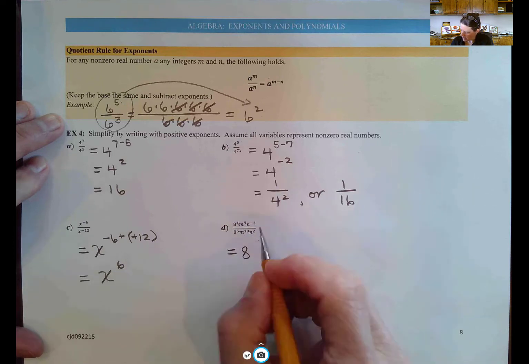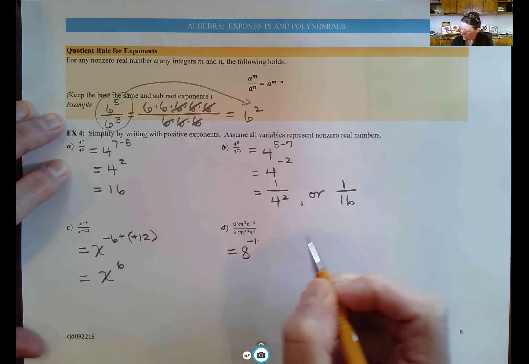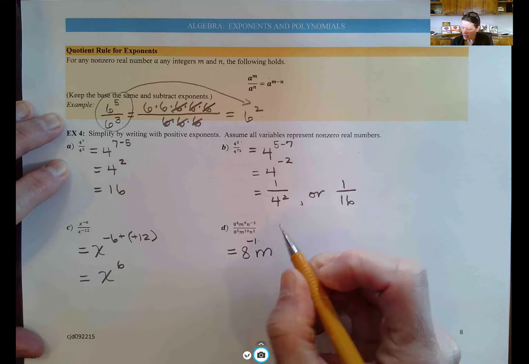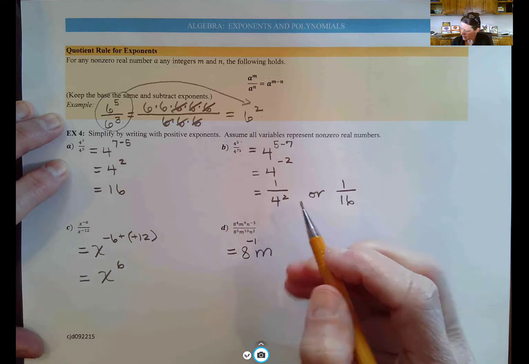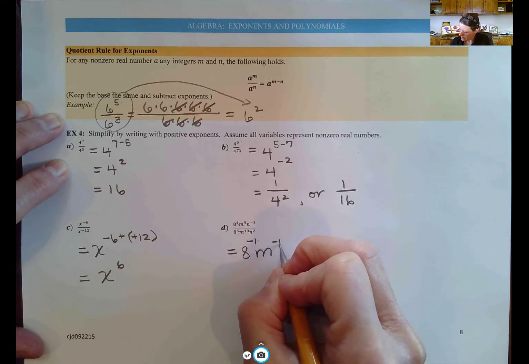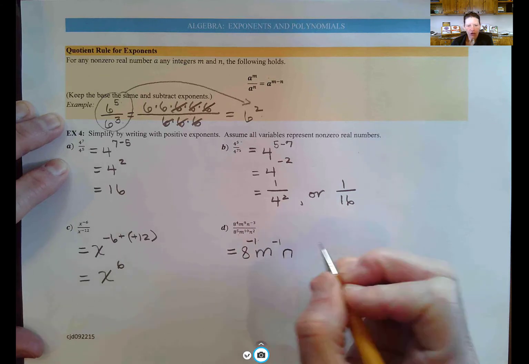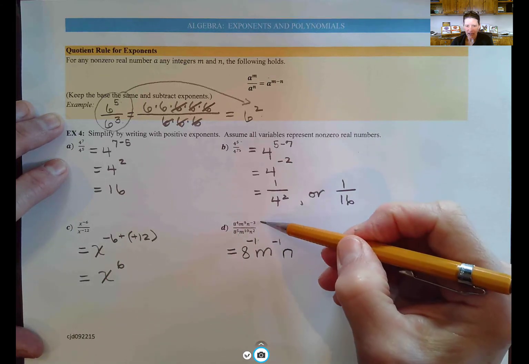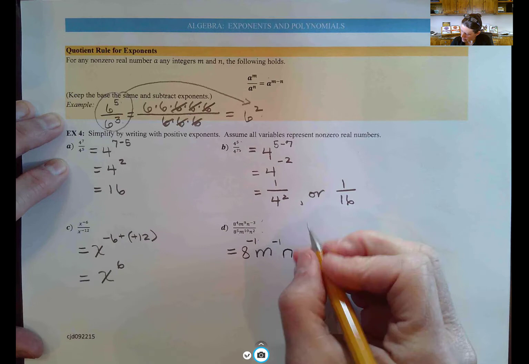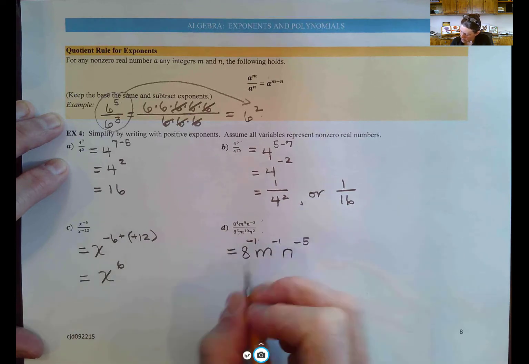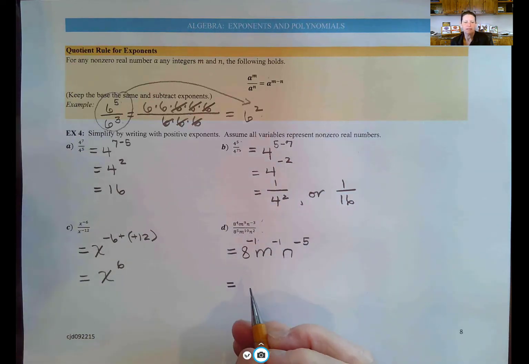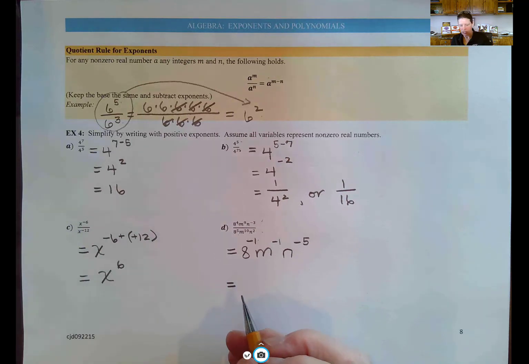4 minus 5 is a negative 1, isn't it? Times m to the 9 minus 10, or negative 1, times n to the, careful here, negative 3 minus 2 is a negative 5. Now, each of these bases has a negative exponent, so they're going to get shifted to